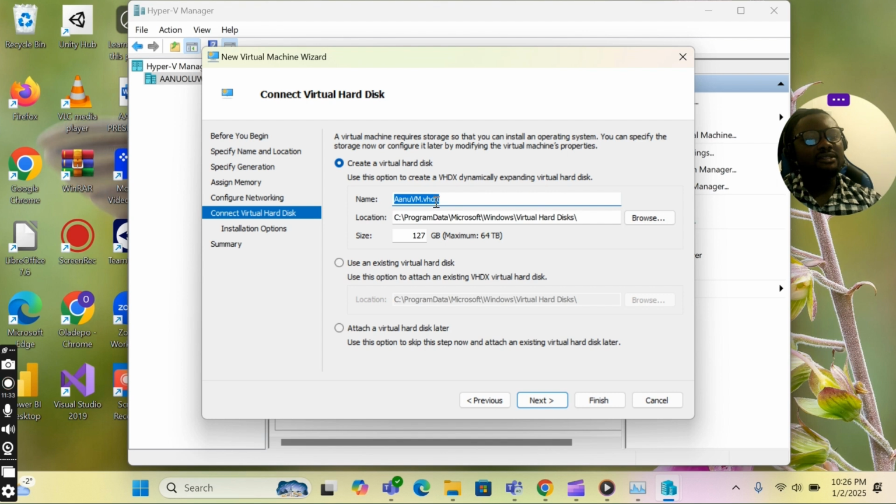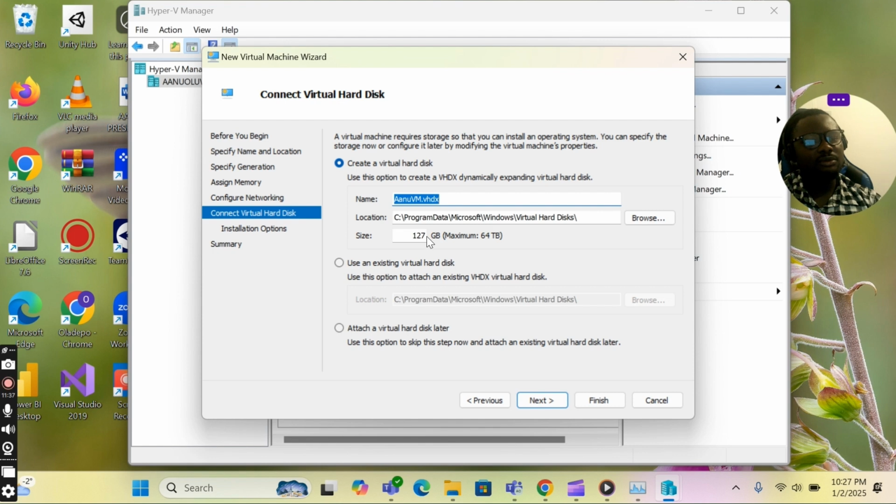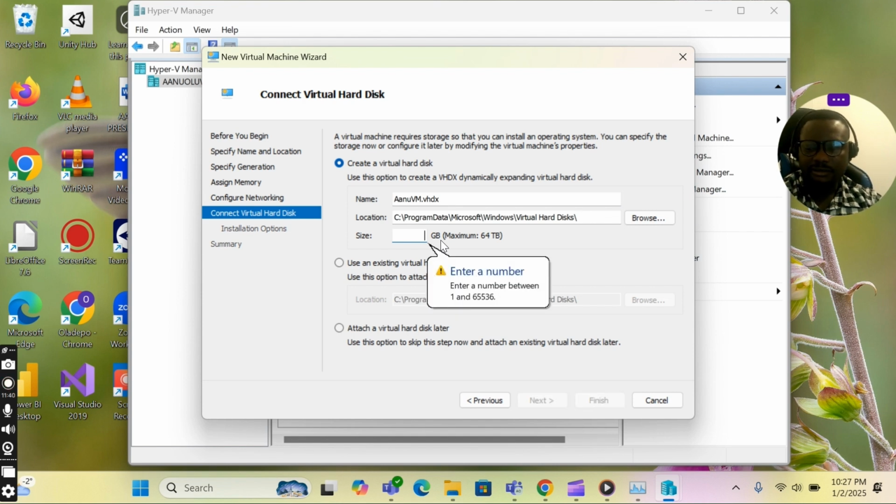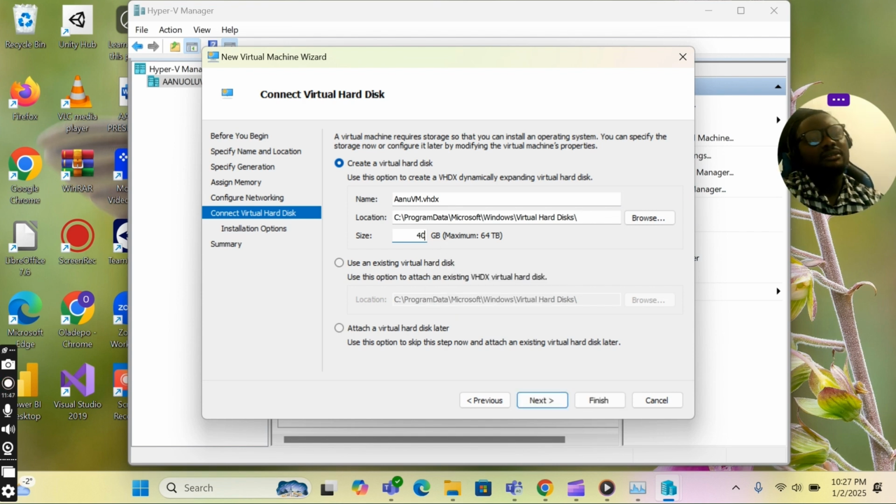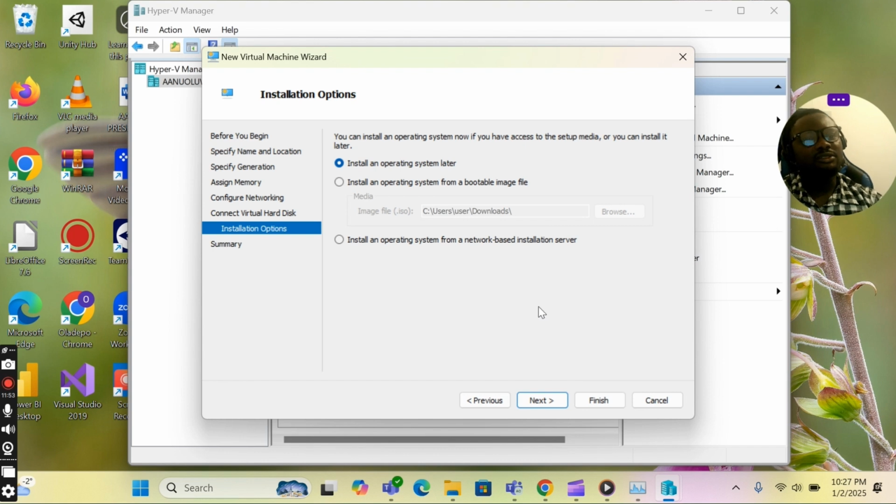So I'm going to leave this the name of my virtual disk. I'm going to leave the location, but I'm going to change the size based on my host space. So I'm going to put in, let me use 40. I think 40 is okay. And then after that, I'm going to click on next, and this is where I'm going to install my operating